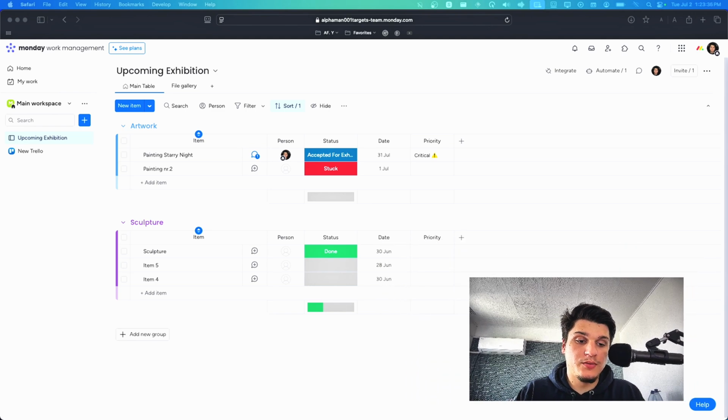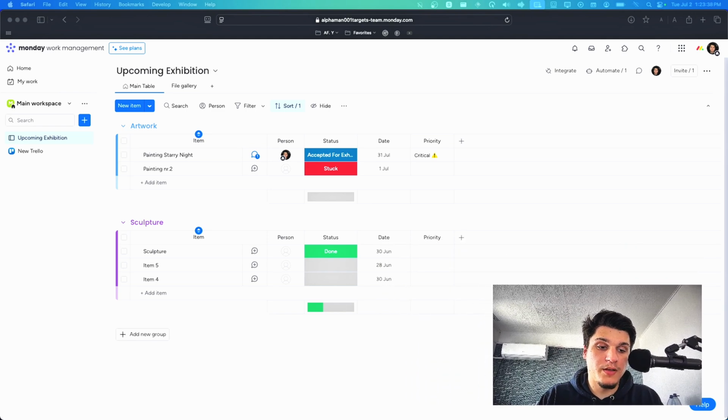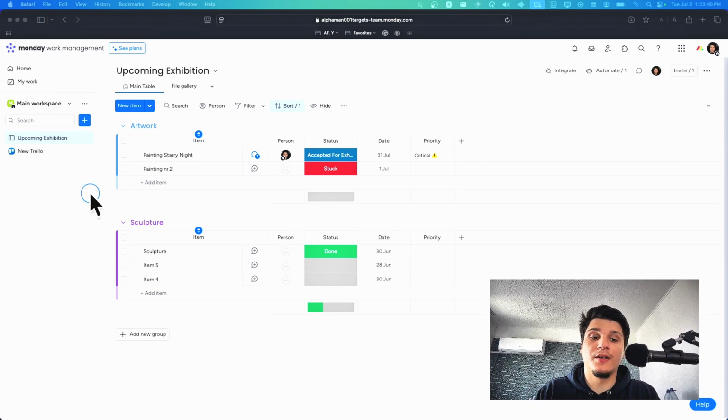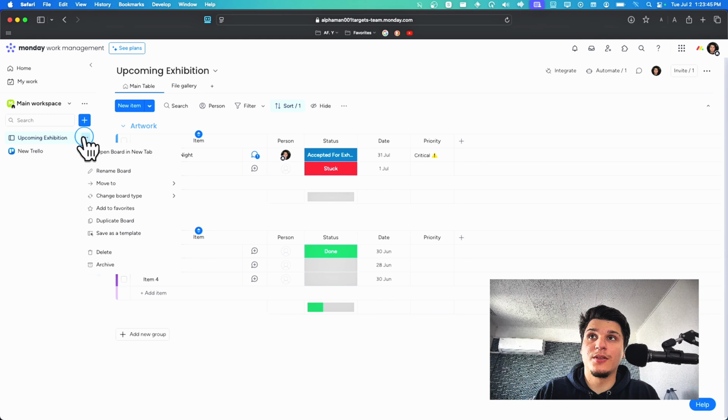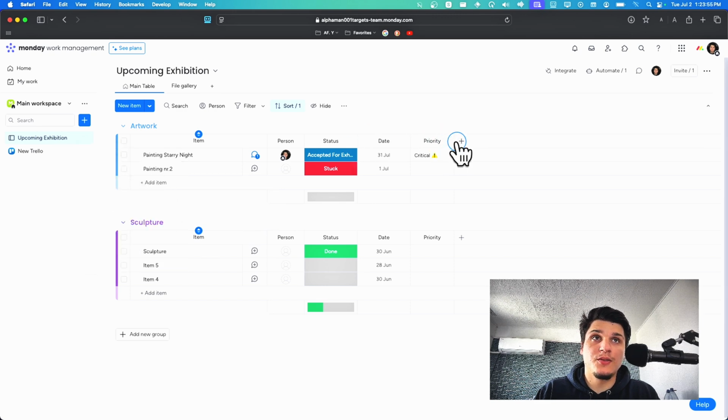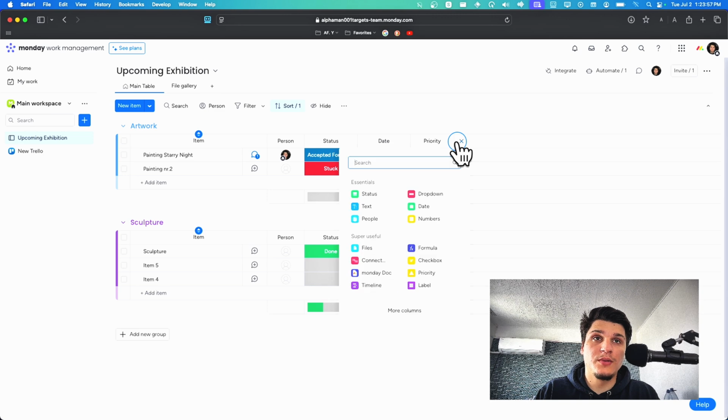So here we have a board that I've just created. It's called upcoming exhibition. I can change this to shareable or change to private. But what we are trying to do here is, let's first click on add a column, and then here we have